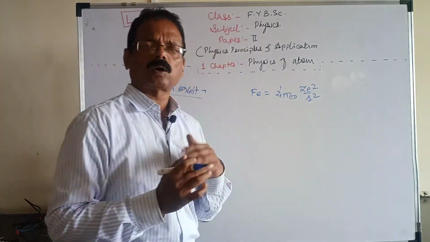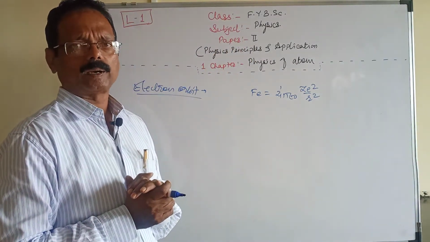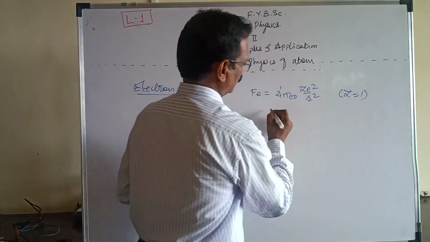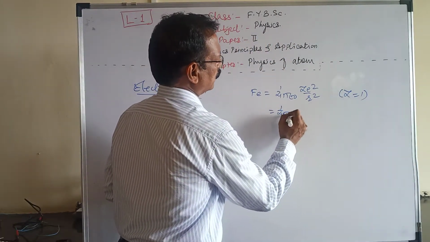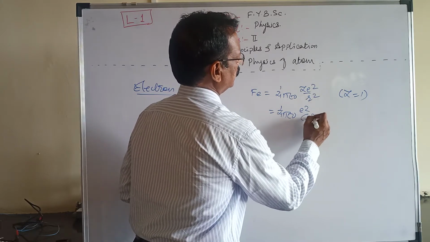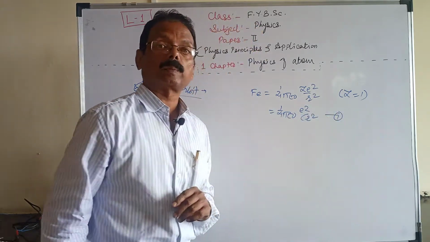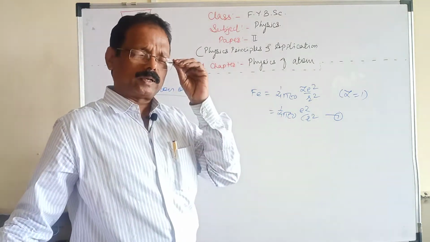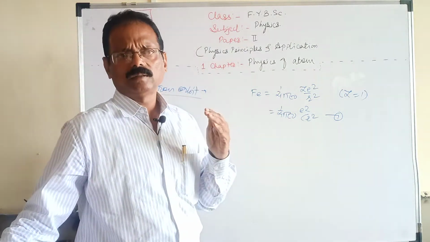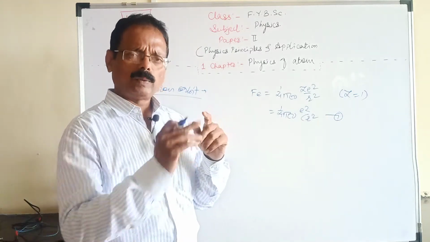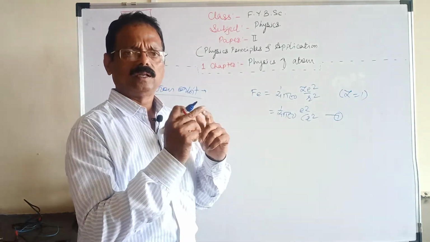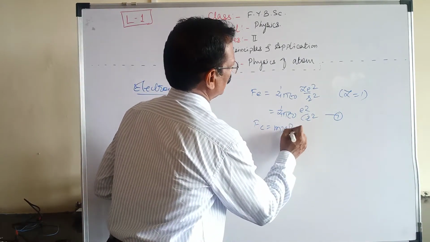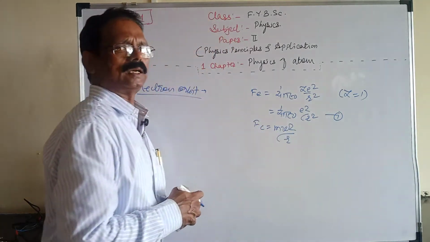But we know it is for a hydrogen atom. In the case of hydrogen, Z is equal to 1, therefore our equation becomes 1/4πε0 times e²/r². This is nothing but the electrostatic force of attraction. Now the electron revolves around the nucleus in a circular orbit, so a centripetal force is there to maintain the motion of the electron around the nucleus. The centripetal force is given by Fc = mv²/r.